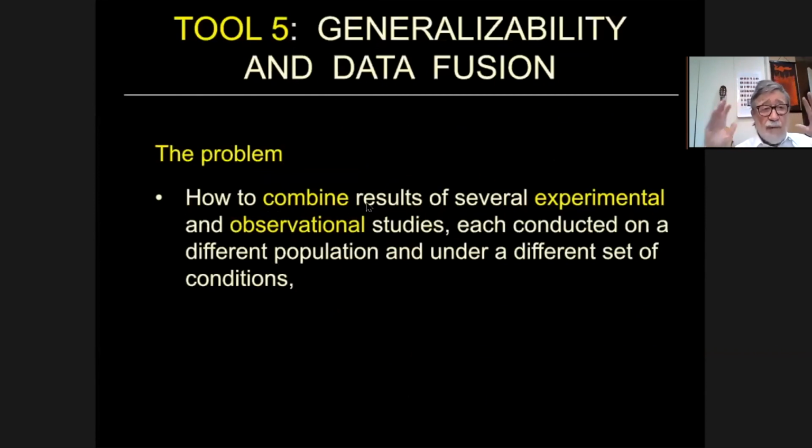You conduct experiments on mice and you want to generalize it to human beings. You have data taken under certain conditions in the cockpit, and you want the same data to work in the battlefield. So generalization is extremely important. And I would say the generation of machine learning have been battling with the idea that things do not generalize. They even invented names for that. They called it domain adaptation and